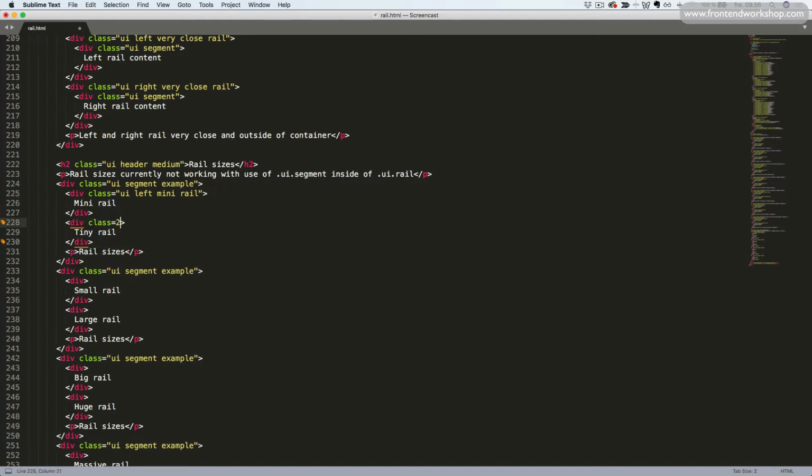and then we create the tiny one using the classes UI right tiny rail, the small one UI left small rail, large one UI right large rail, big one UI left big rail, a huge one UI right huge rail,